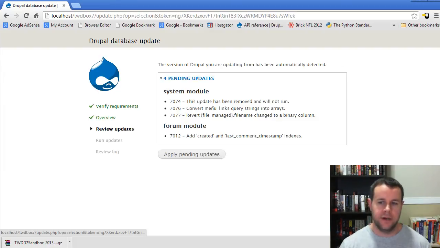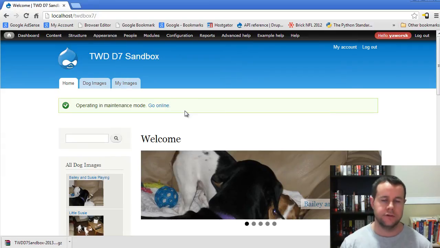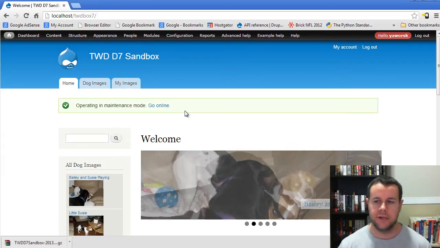And we'll see that we've got 4 pending updates. So this is what Drupal is going to update in our database, specifically the system module and the forum module. So we go ahead and hit apply. Great, so now with that updated, we can go back to our front page. And now we've updated our modules, we've updated Drupal core, so our site's fully up to date,